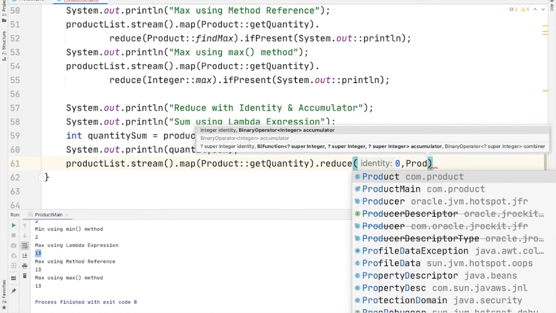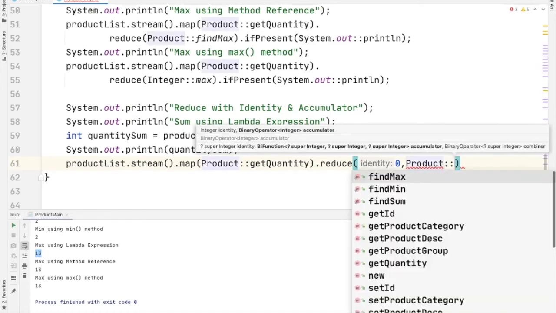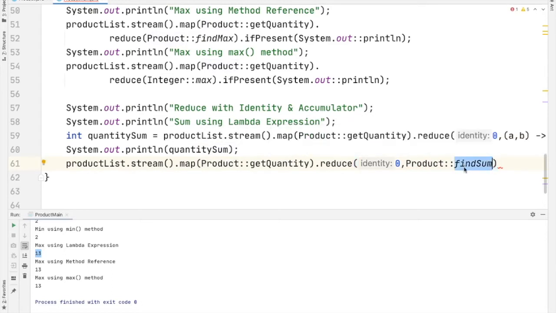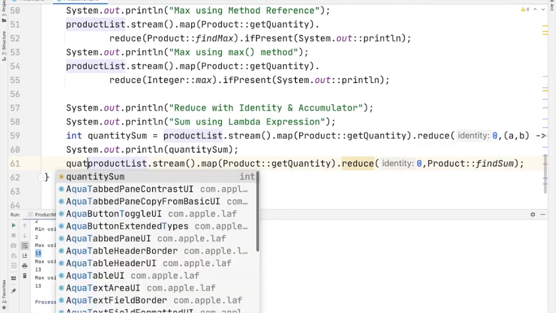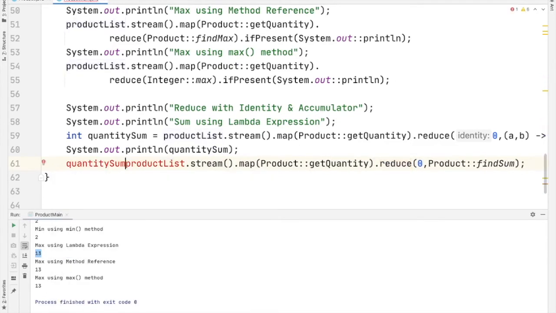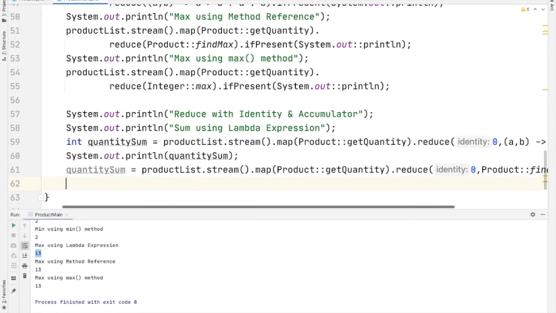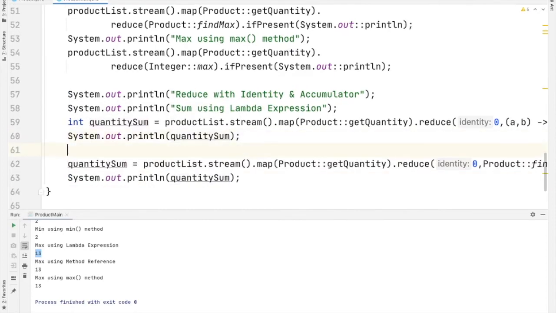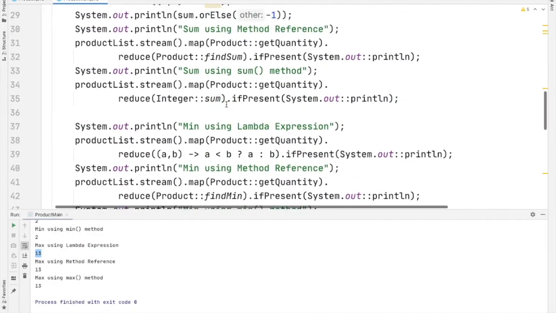Product double colon operator find sum. So we can use the same function that we defined in our POJO class. We will reuse the quantity sum for storing this result. And now print the result. Give a heading, copy from the above.